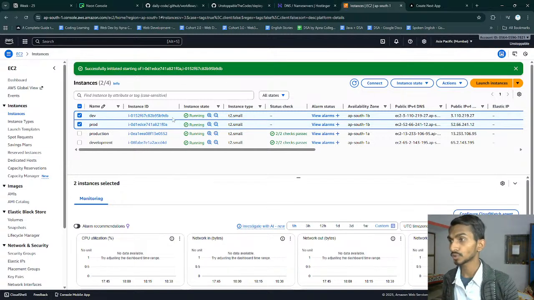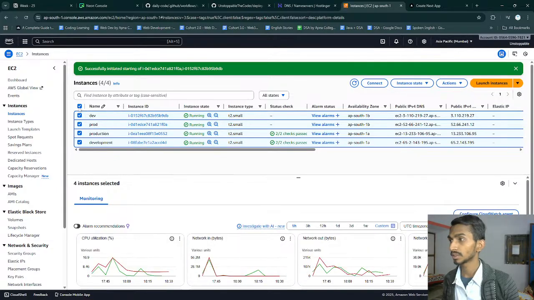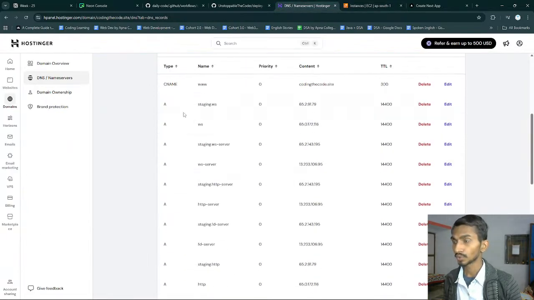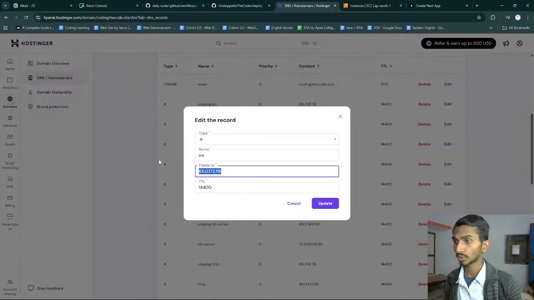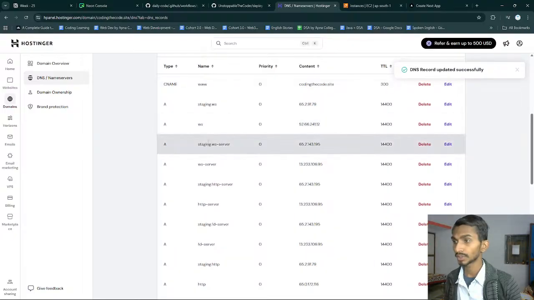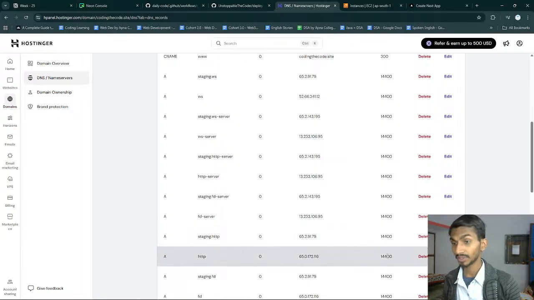So they are running right now. First one is production. This is the IP address that this time I've got. So I have to just simply edit the IP address this time, update it ultimately. So WS is done. After that HTTP, here it is.